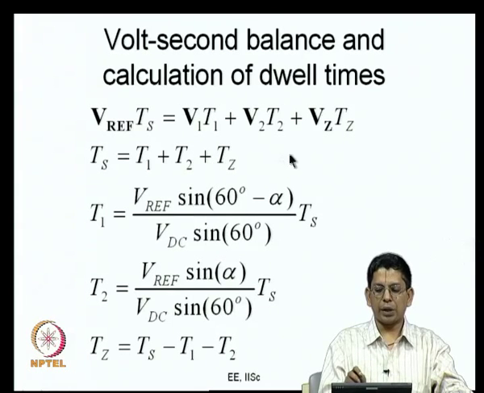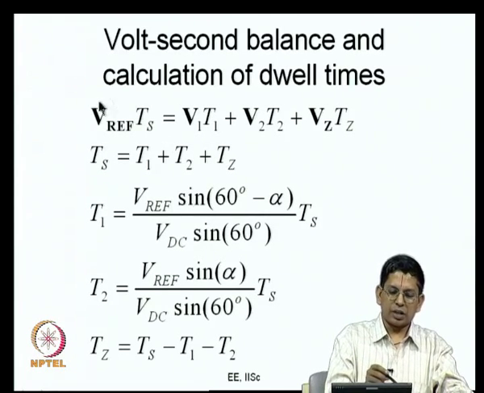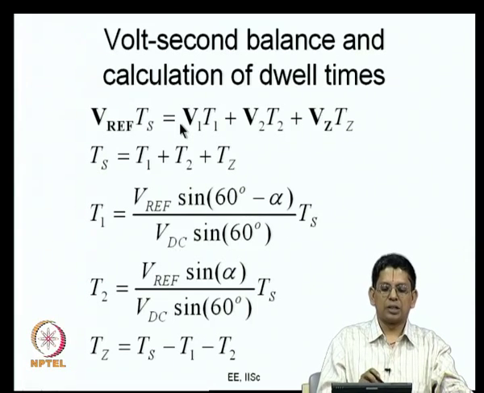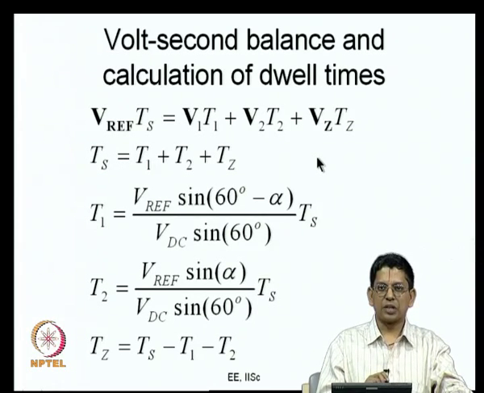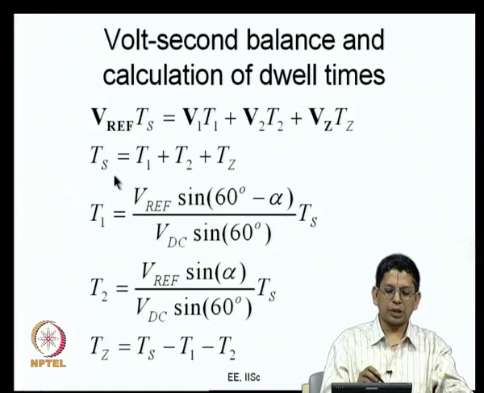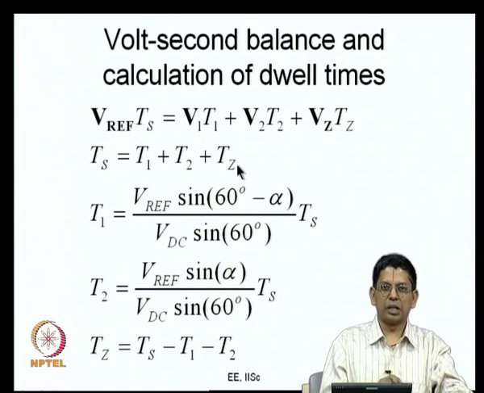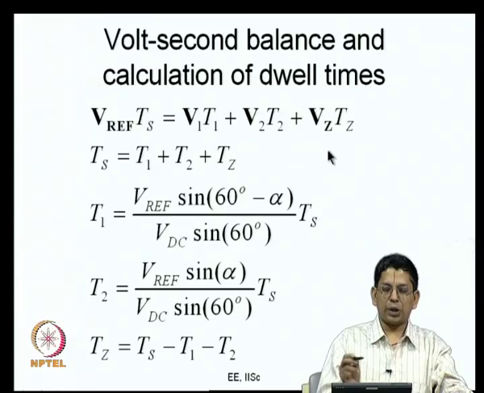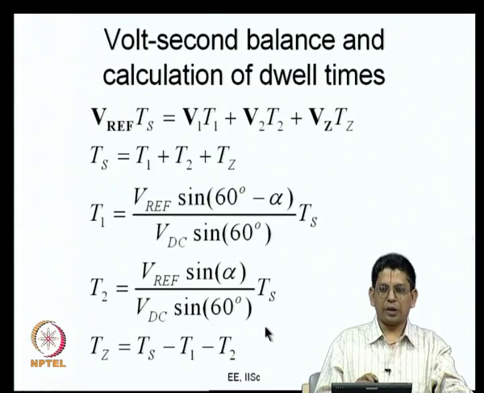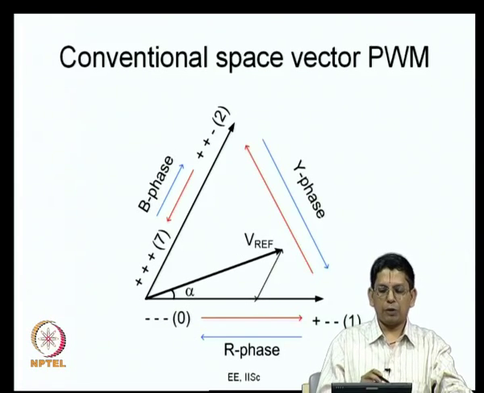How you are going to calculate your T1, T2, Tz is what is discussed here. This is the reference volt seconds and this is the applied volt seconds. The reference volt seconds should equal the applied volt seconds, and within the subcycle you apply 3 different vectors, active vector 1, active vector 2 and the null vector. So, their times add up to Ts. You have 2 equations here, being a vectorial equation, and this is a third equation. There are 3 equations and 3 unknowns T1, T2 and Tz. You can solve for them as shown below, and you can calculate your T1, T2 and Tz. This is what you do in all space vector based PWM. Particularly when you are talking of the conventional space vector PWM, you have this null vector time Tz, and there are 2 different zero states, 0 and 7.